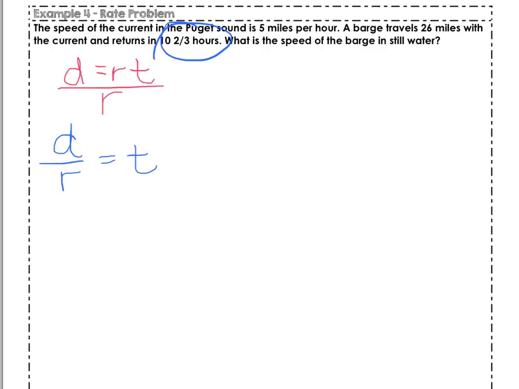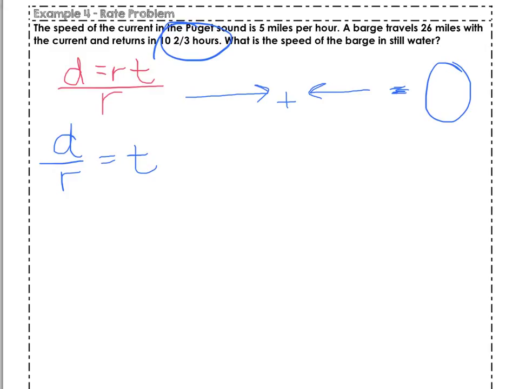Rate, in this case, that's going to be our speed, and that's something we don't know. That is our variable we don't know, okay? But what we do know is we're going to go against the current as well as with the current, okay? I'm not sure if I drew that correctly. I guess it really depends upon the way you look at it here. And this is going to equal the total amount of time it takes for us to travel up and down,